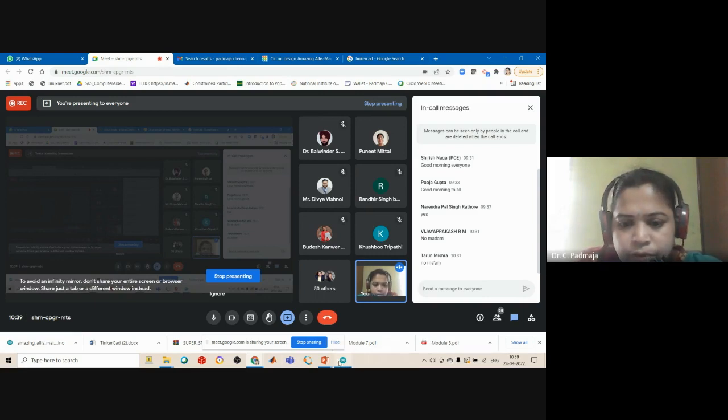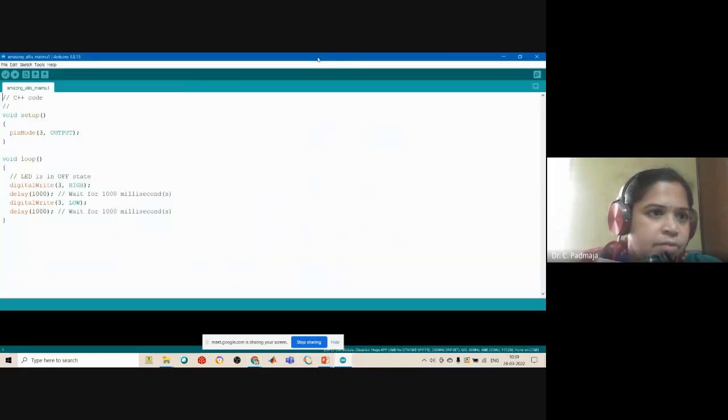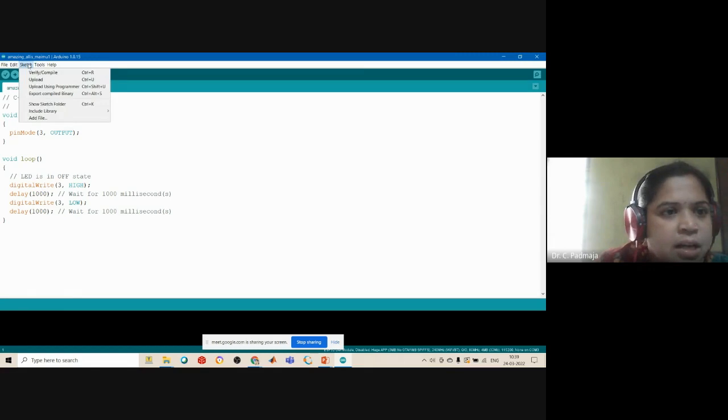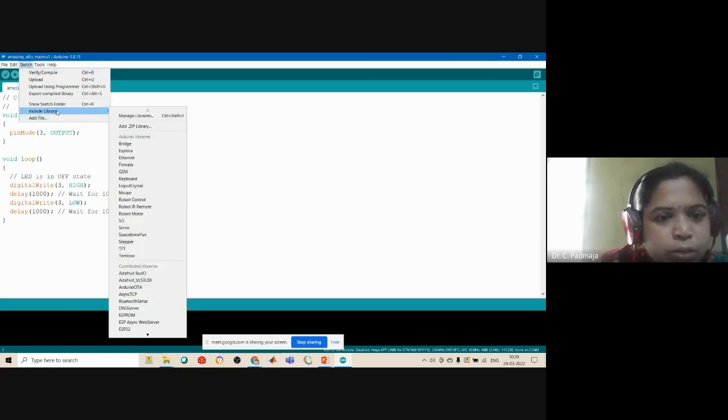Okay, so with this, one thing I want to tell. Here in Arduino.cc, there are 4 blocks, or 4 keys. The leftmost one is a tick button. As I told you, after downloading the Arduino IDE, you have to check that. Go to the sketch and see whether the file is included. Here, because it is an Arduino Uno,